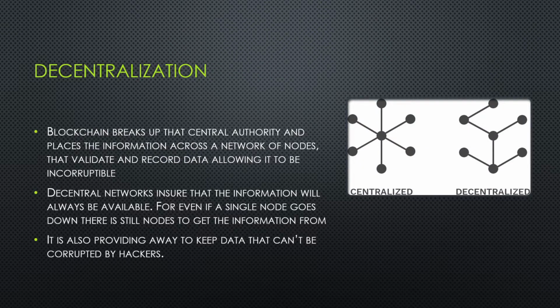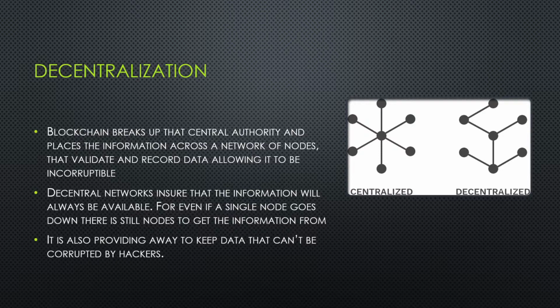And so, number one, decentralization. Blockchain means it is breaking out of that centralized network, which can be pictured on the left, and then the decentralized is on the right. And so what that means is, in a centralized network, that central node contains all the information, all the data that we want to get from. And so if that goes down for any reason, if that data is hacked and changed, that one copy is